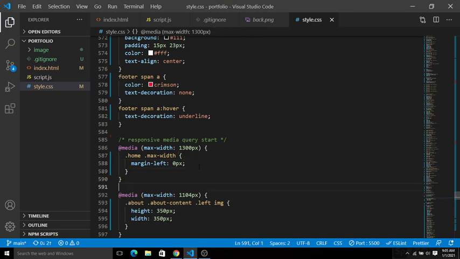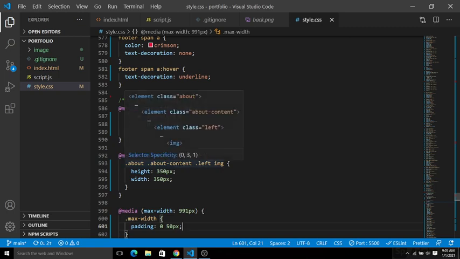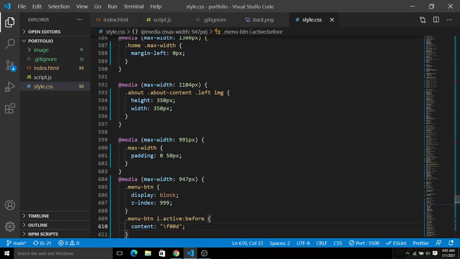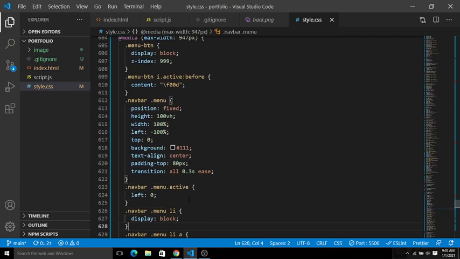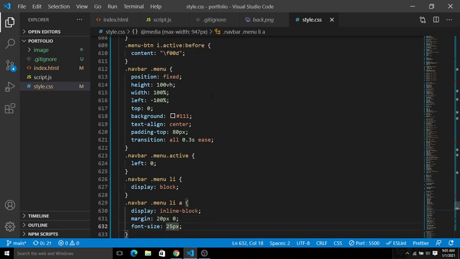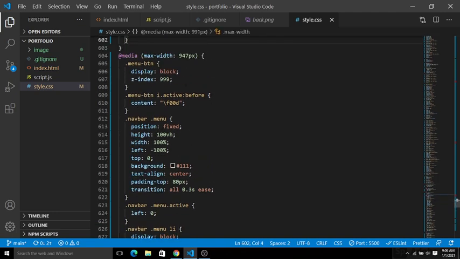Here you can see if the maximum width is just like this, so left image and the about content, and this is small. Now you can see the maximum width is 947 pixels. Okay, so basically you can see here each and everything here. So basically 947 pixels is for the mobile devices. Now you can see the menu button, display block, and the z-index is 999, which is always at the very top of this.